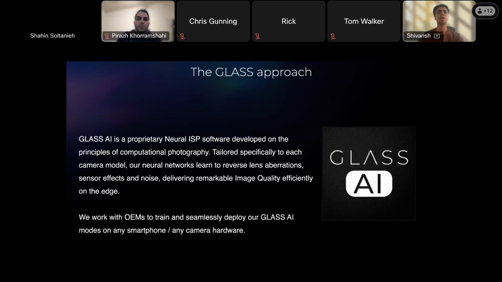Instead, it is a learnable optics-based system which runs on top of noisy raw images and corrects for any aberrations and noise that that sensor raw may have. We currently work with OEMs to train and seamlessly deploy our Glass AI modes on smartphones and more recently on any camera hardware.